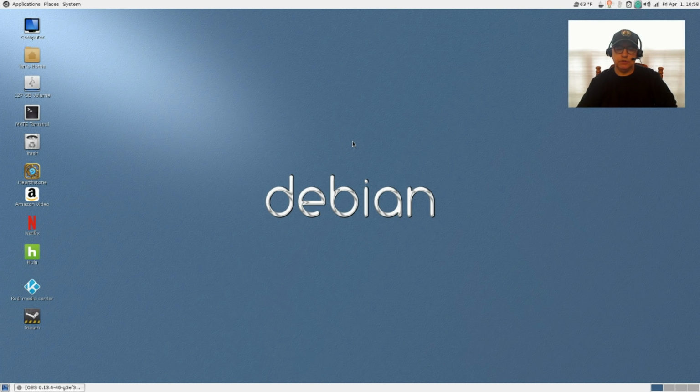Those I enjoy using the stable version, but most of the time I prefer the testing version only because it gives me the ability to access later versions of software, later drivers, and I can usually configure Debian testing the way I want versus having to settle for some things within Debian stable.